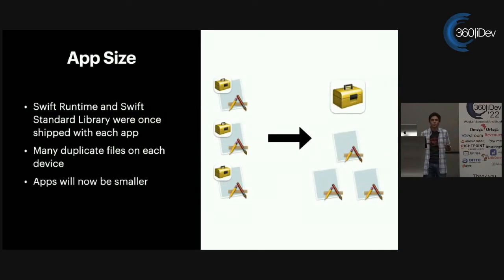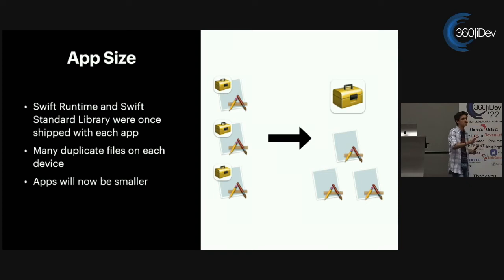In addition to that, we get some benefits with the app size. Before, we had this redundancy, if you will. As you can see on the diagram, those 3 apps are each using that same Swift standard library. And for a long time, each one of them held a copy of that library, and there was no good reason to do that. Now, the standard library is on device, just like it was with Objective-C. And what you can see is that the app is now smaller, because before we had to hold 3 copies of that SDK, one with each app, 3 total apps.